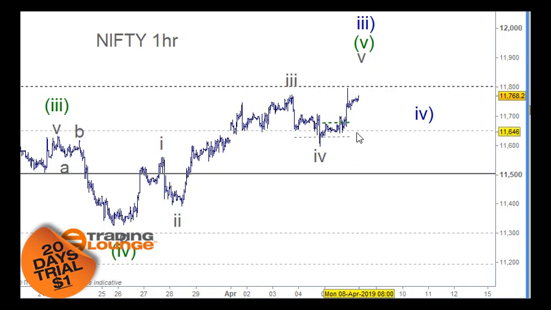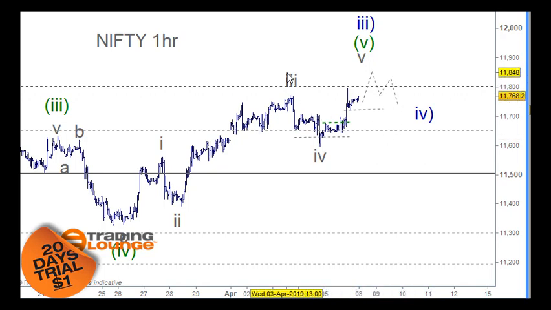So here, I don't know if that's wave 1 and 2 here or 1 and 2 here, but this is all part of the third wave here, so it's not finished. This has still got a little bit higher to go. It could drop back down here, but it should generally stay above this line here, but don't put the stops lower than that, and we should see a move up into here. So that's where the target would be in this case,